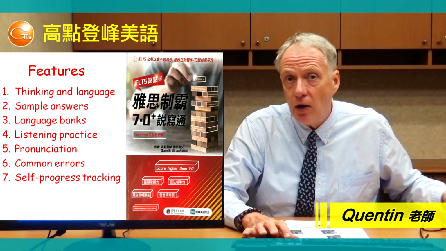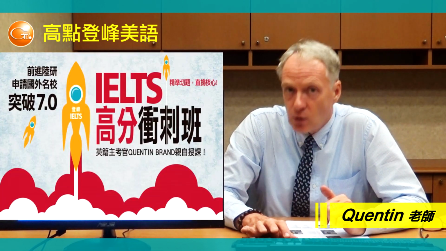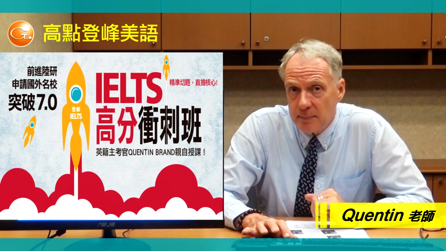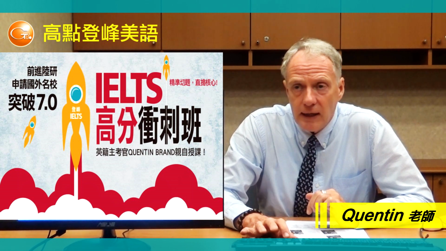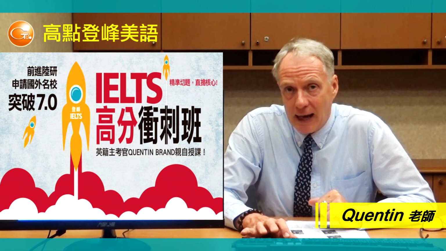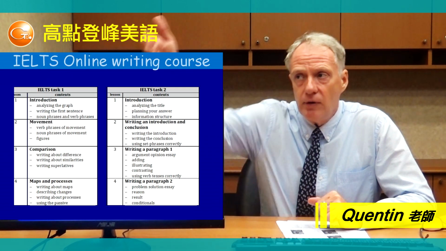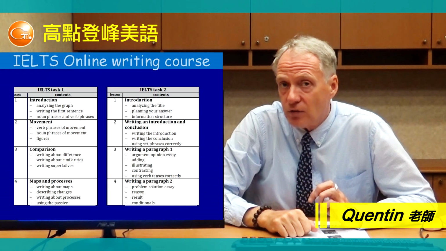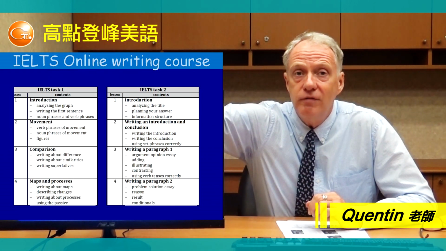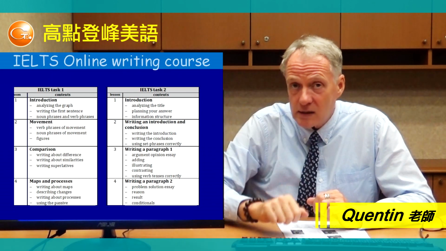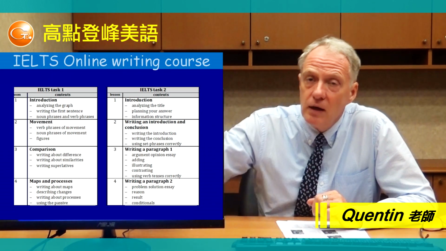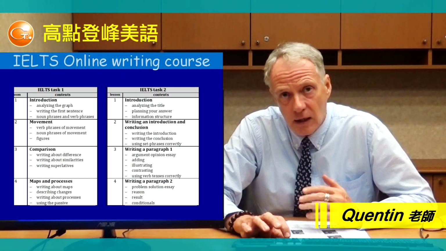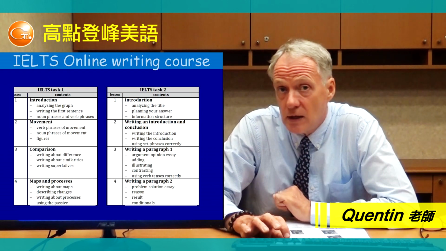Now we also have an online course for you that you can take if you are not able to come to my classes directly. You can take my class online, and the online course basically follows the same outline as the book. So here is a syllabus, a 大纲, for the writing class. The writing class consists of 8 lessons, 4 lessons for task 1 and 4 lessons for task 2, and you can freeze and have a look at the content there, very similar to the book. And in fact, in the class, I use a lot of the content from the book.